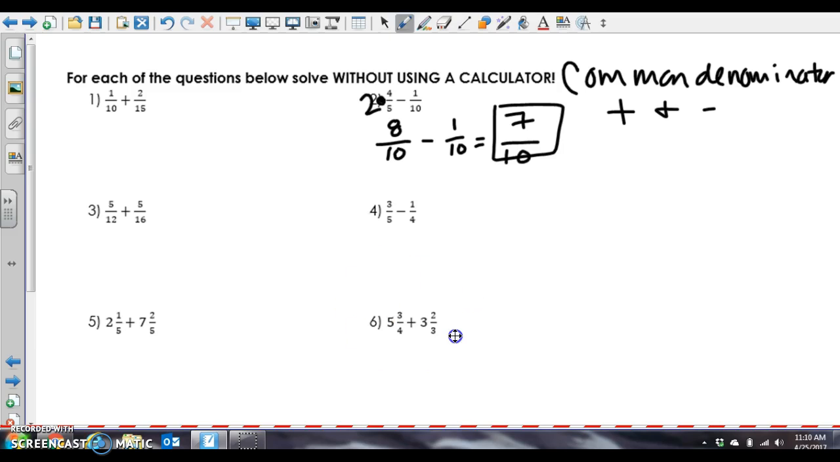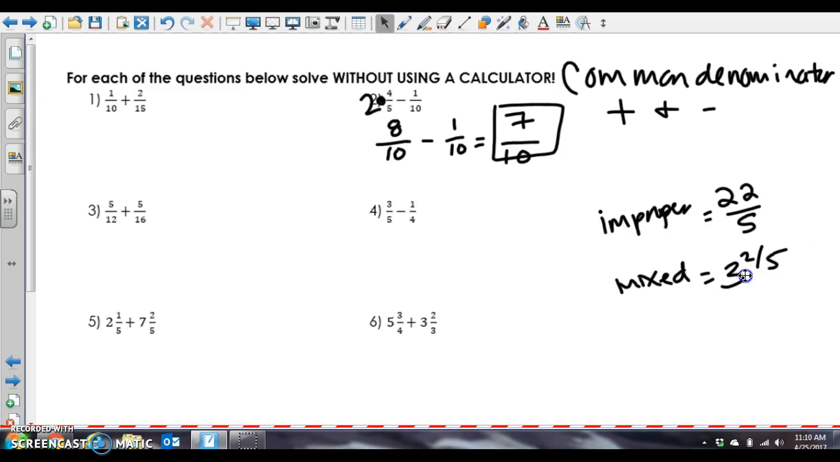So I'm going to skip down to number 6. These are called mixed numbers. Remember that an improper fraction is something like this, where it's 22 over 5. It's bigger on top and smaller on bottom. A mixed number is when you have a whole number and a fraction. So mixed, improper. Okay, so on number 6, in order to add these, you have to have a common denominator,